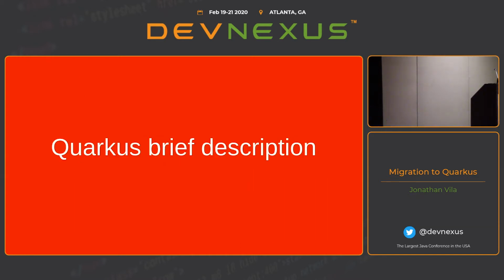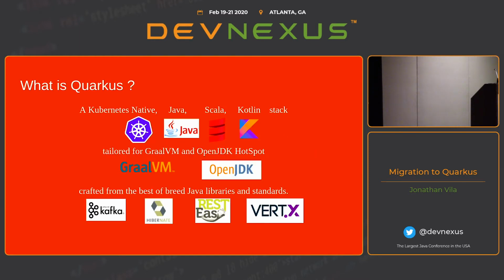Okay, so a brief description of Quarkus for those that do not know anything about it. It's a tech stack that can now be used with Scala, Kotlin, and Java. It's mainly focused on Kubernetes, and the application that you create can be natively compiled with Graal, but you can also run it on the JVM. And then there are several libraries that you can use with Quarkus. You could think of Quarkus as something that doesn't, let's say, run. It's mainly focused on building. And then you will use lots of already standard libraries.